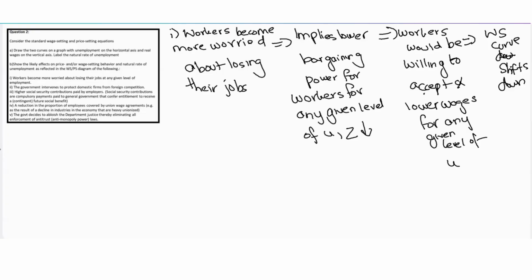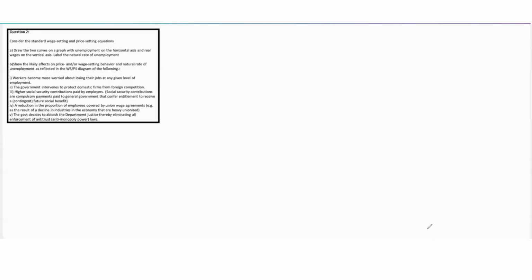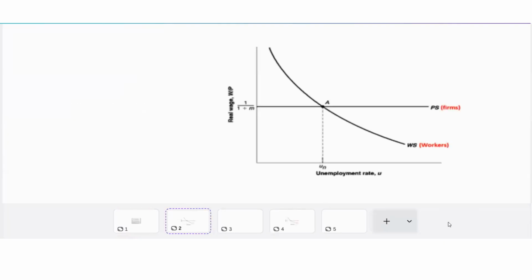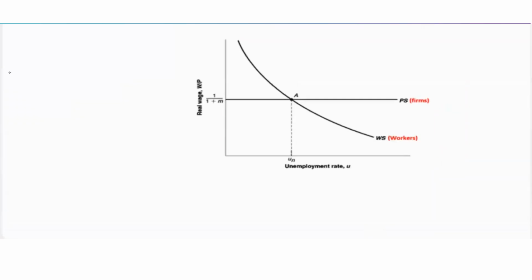Let's illustrate this diagrammatically. So in our WSPS diagram, what this will represent is a downward shift of the WS curve. So let's represent this in the graph that you already drew in part one. Graphically, our initial equilibrium is at point A, at the intersection of a downward sloping wage setting curve and a flat price setting curve. So now what will happen is the WS curve